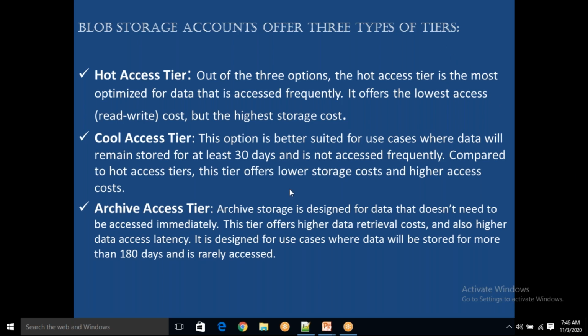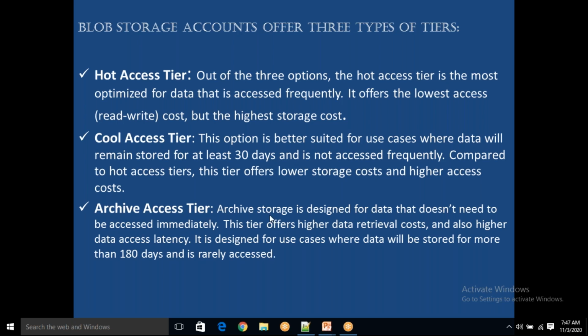Okay, so archive access type is nothing but you are going to archive this entire data and store it in your storage. Now this archived data you are not going to access frequently, very rarely. That's why you think, anyhow I am not going to access this data, let me archive it and store it in a storage. If you archive, the size will reduce, so the storage cost is very less in this archive access type.